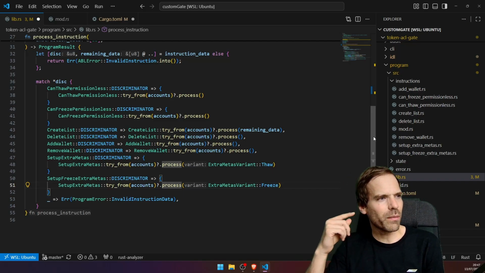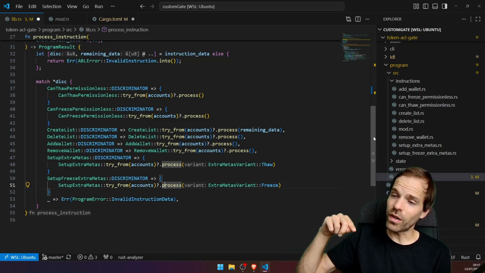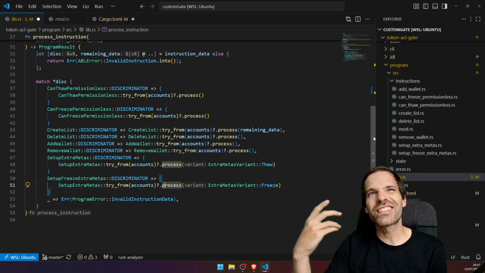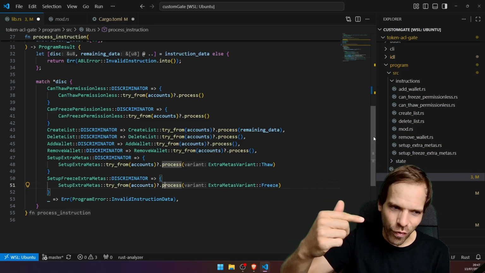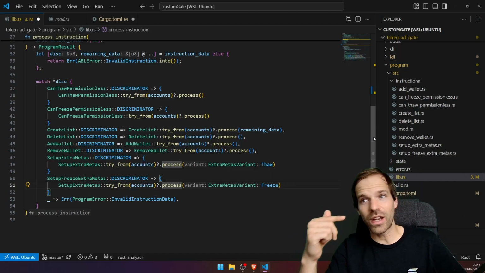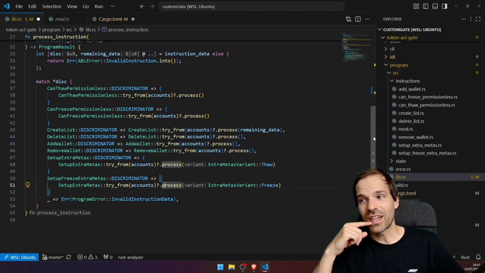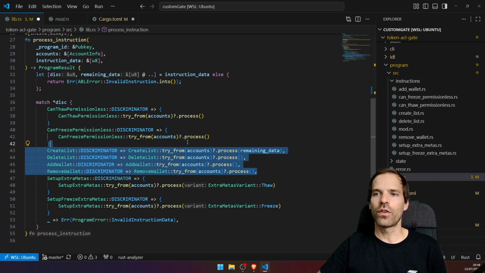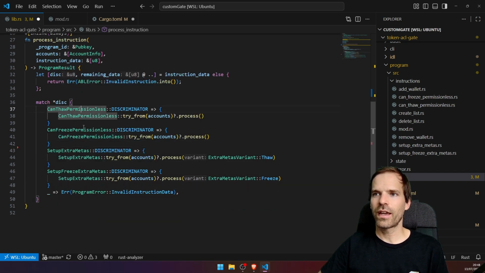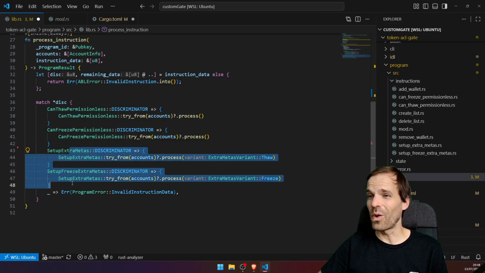The setup extra metas, that's on the gate. We call that on the gate to set up which accounts we need. And that's just the standard token ACL follows. So if there's not a PDA there, then I think token ACL will already complain. So I guess I do need that. We don't need all of the list handling. This stuff we can ignore, but we need the can thaw permissionless and the can freeze permissionless, or we just allow the thaw, whatever. But if we allow both, then we need those two,